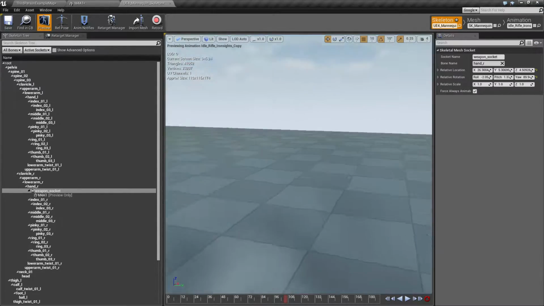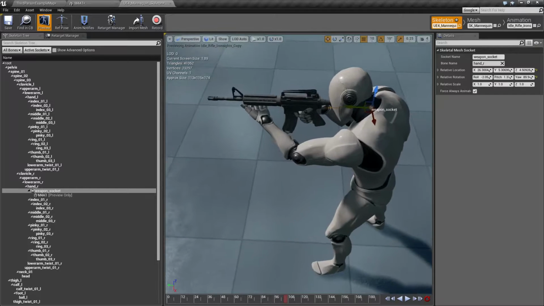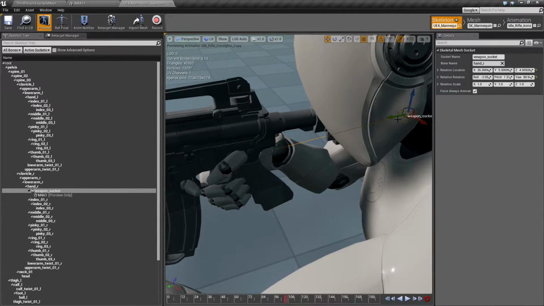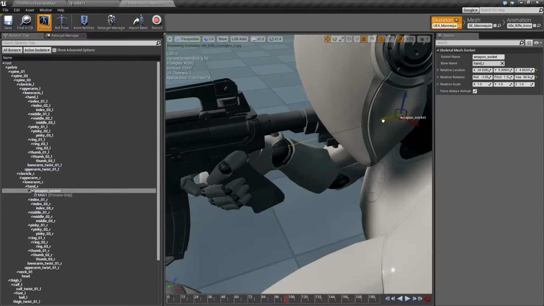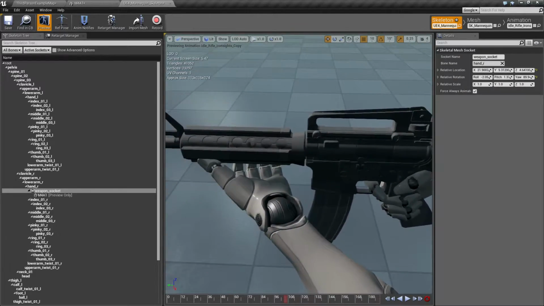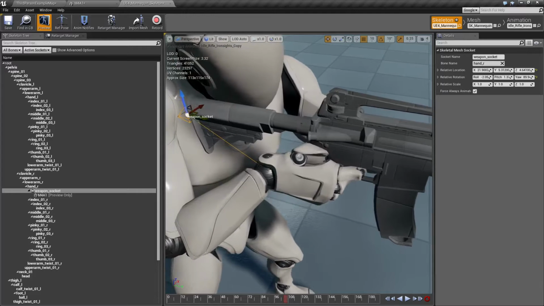Something like this. I'm just gonna put a little over here. So we want to line the trigger up like this. Okay, so the left hand is not going to fit in, and that's not something we're going to worry about